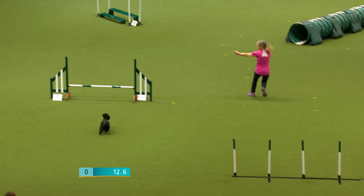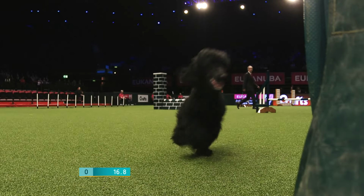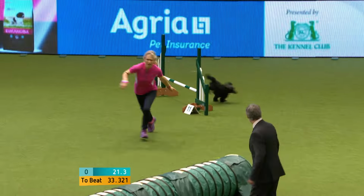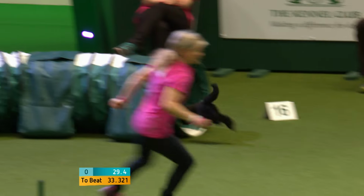Very nicely through those weaves. Into the tunnel. Dawn getting into position to do this right turn that's coming up nicely through there. Changing sides. Down to the tunnel. So looking to beat